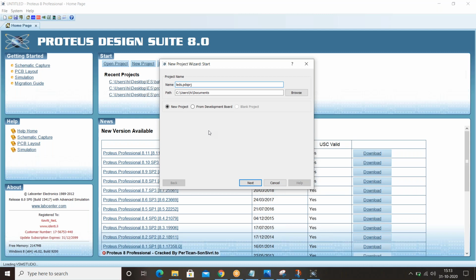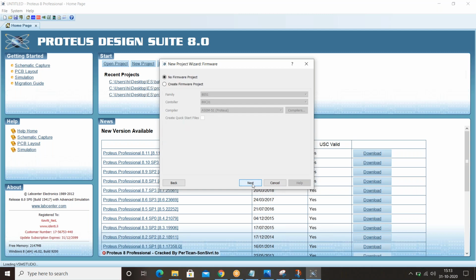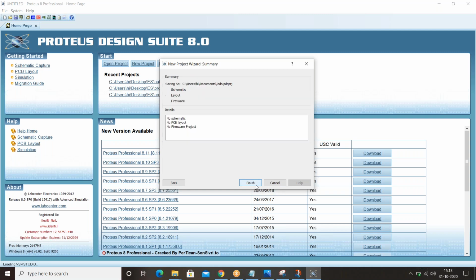I pasted LEDs and click on next. Replace, yes. Click on next, again next, finish. It's a very small process. Next, and finish.